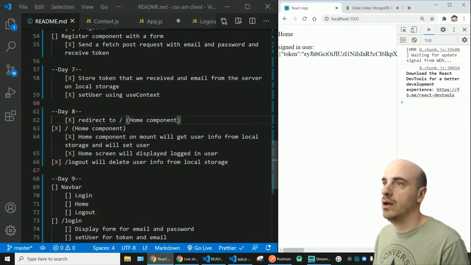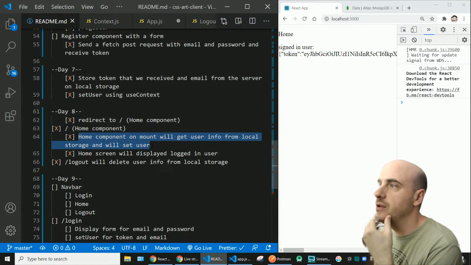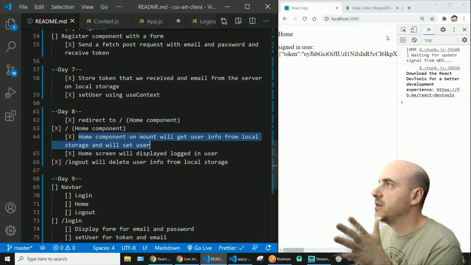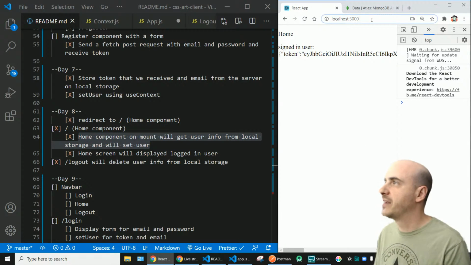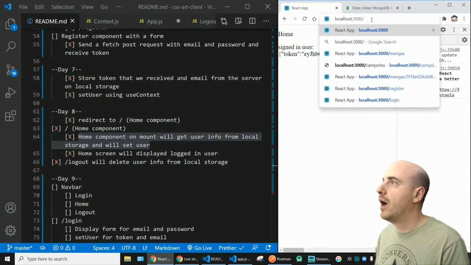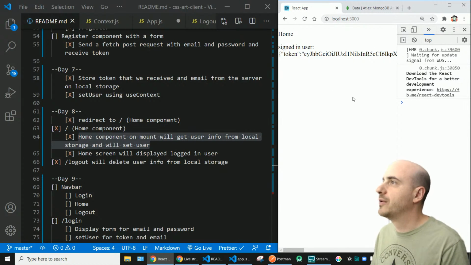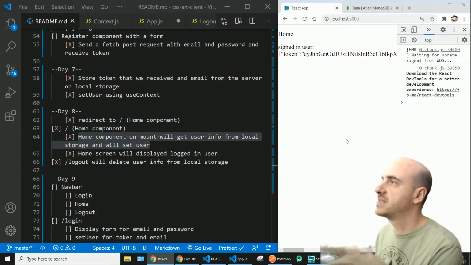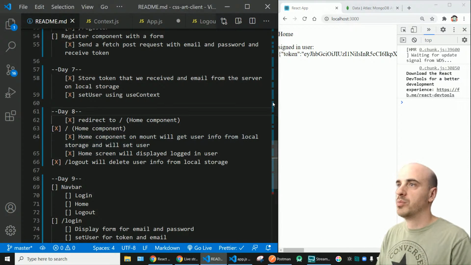And so we also did home component on mount will get user info from the local storage and we'll set user. So say the user signed out, not signed out actually of this account, but closed the Chrome browser or caused a refresh manually by just typing here. Normally the user would be signed out. It would delete everything in our state, and it does that. But because in our home component,